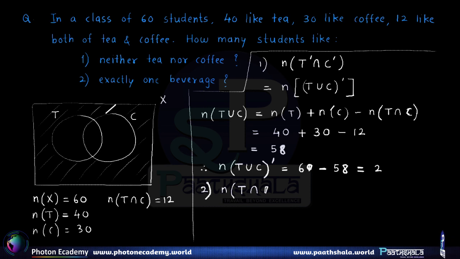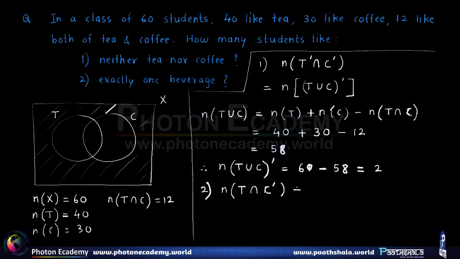Now why do we do C complement? Because if the student likes tea, then he must not like coffee, because we want specifically one beverage. And similarly we can do for coffee also, that is, if a student likes coffee, then he should not like tea. So therefore here we have n of